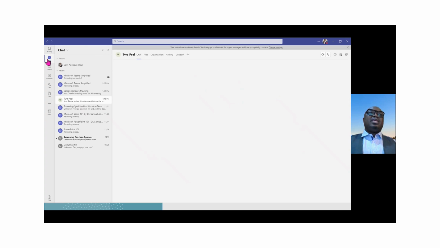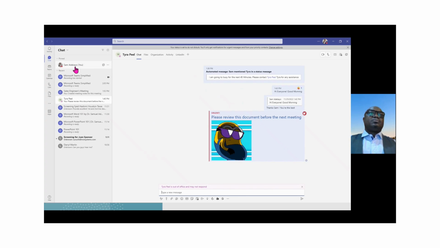Right below the activity feed is the chat button. A chat is a one-on-one or group conversation in Microsoft Teams. You can see here, chat is non-threaded. The chat will only be viewed and seen by those people that are involved in that chat. If you have 2, 3 people involved in the chat, only those 3 people will be able to access the chat and be able to respond and work on that chat. We are going to get there as well.